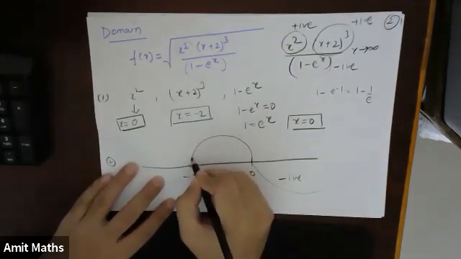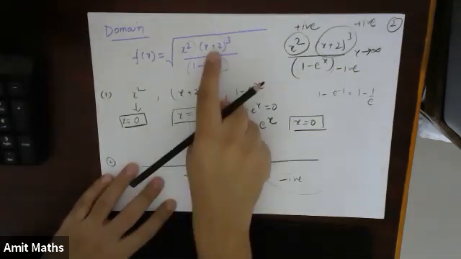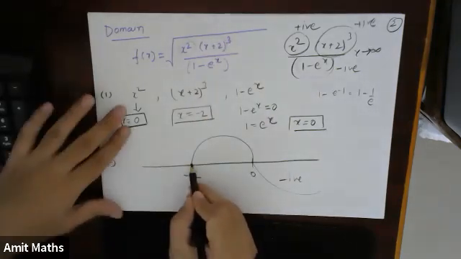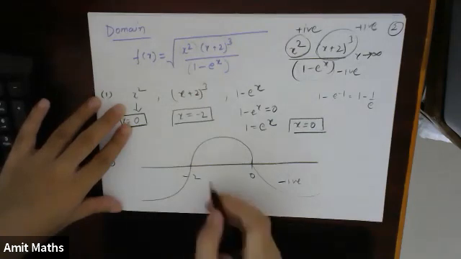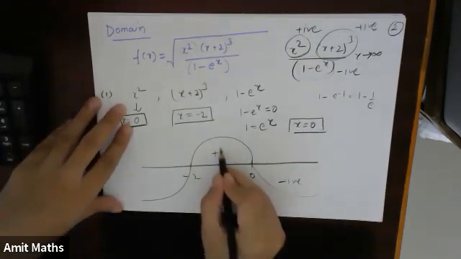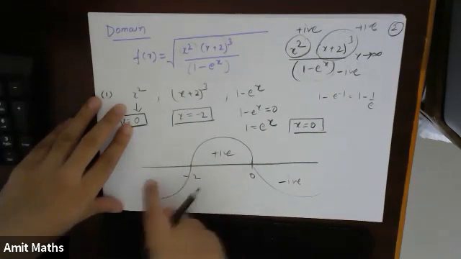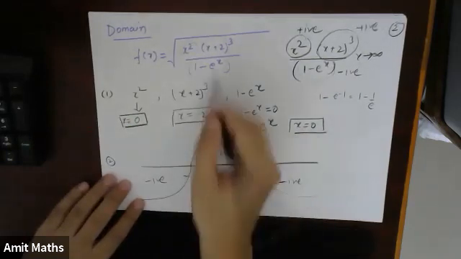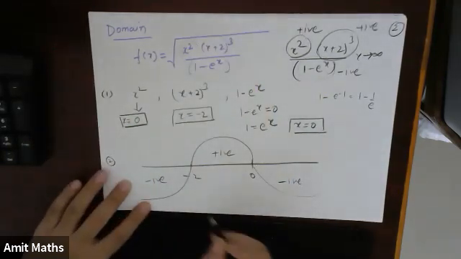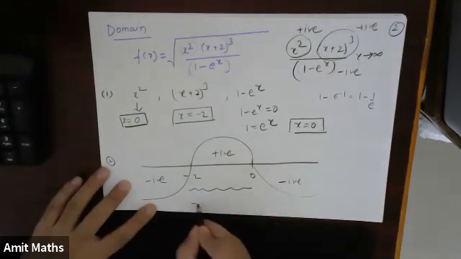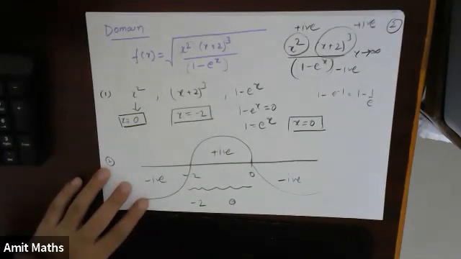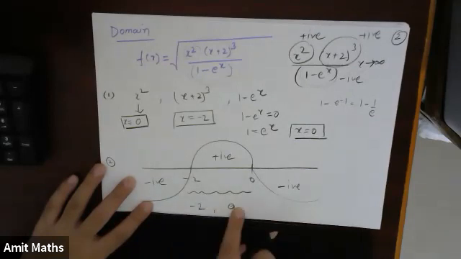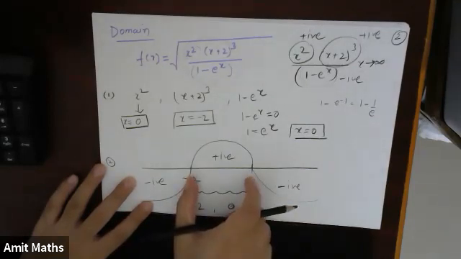It became positive. Now at minus 2, we have this thing. What is the power of this? It is odd power. For odd power, it will change the sign. So here it was negative, here it will be positive. And again, at less than minus 2, it will be negative. So for the overall sign to be positive, my domain will be in between these two, that means minus 2 to 0. So it will be something like this. From minus 2 to 0, the domain will be. Now I just have to check.